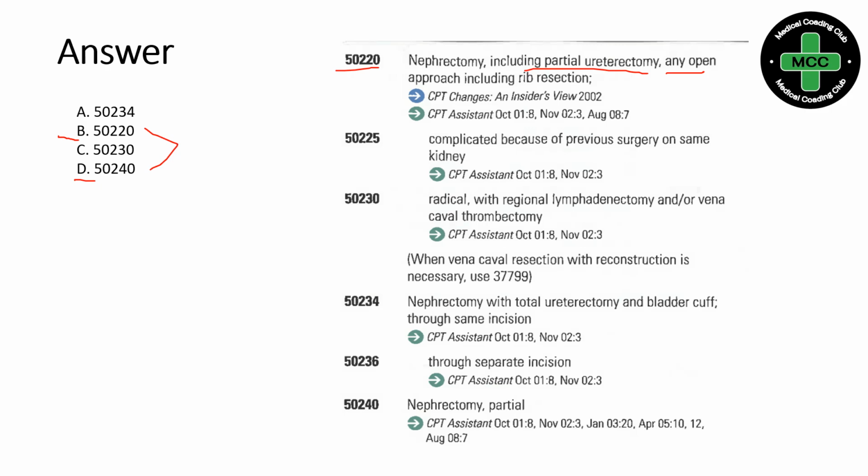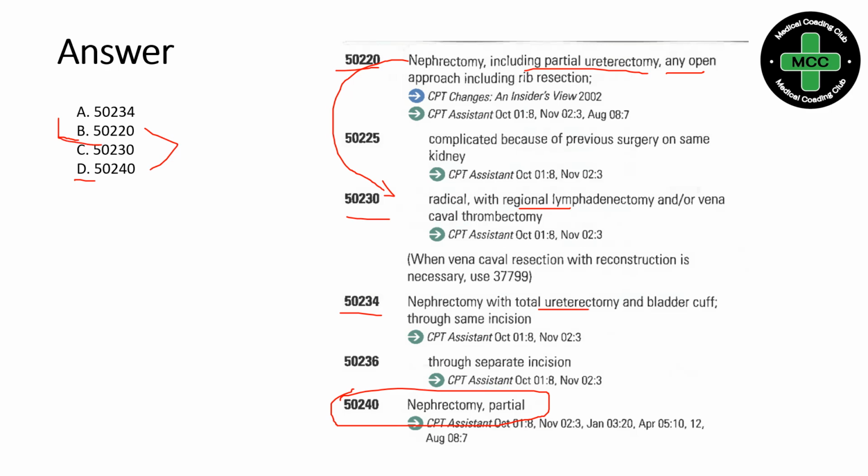Next, 50240 is nephrectomy partial. 50234 is nephrectomy with total ureterectomy, and 50230 is nephrectomy with radical regional lymphadenectomy. But if you refer to all the procedures very carefully, you will understand